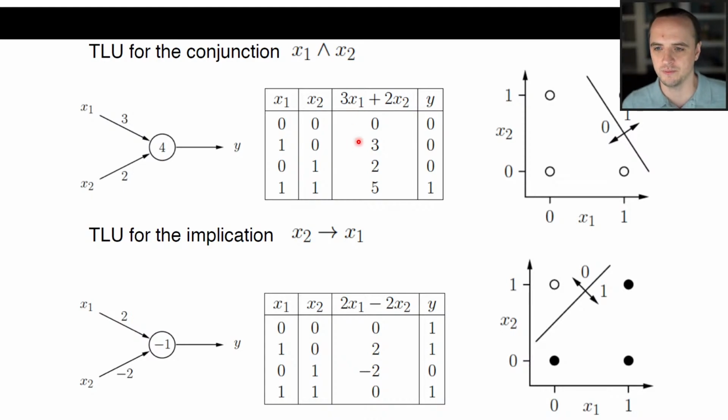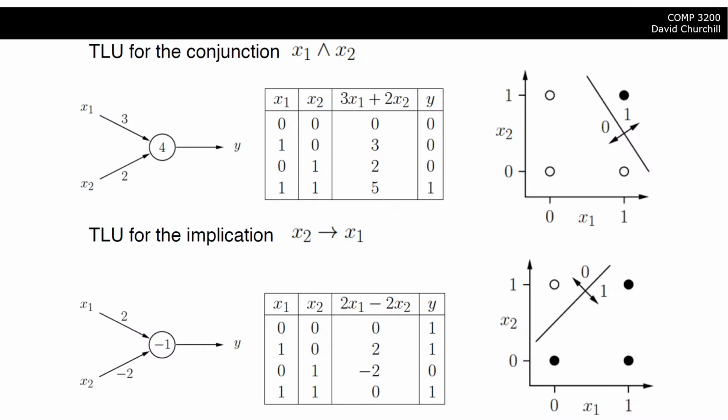So up on top here, let's try and do AND. All right. So on top here, we are trying to simulate the conjunction, or the AND of both of these. So you all know your Boolean logic. So x1 and x2 is going to be, well, here we have our truth table. You've all done truth tables before. So we're going to pass in our x1 and our x2, and the output is going to be 1 if they're both true, and 0 if they're not both true.